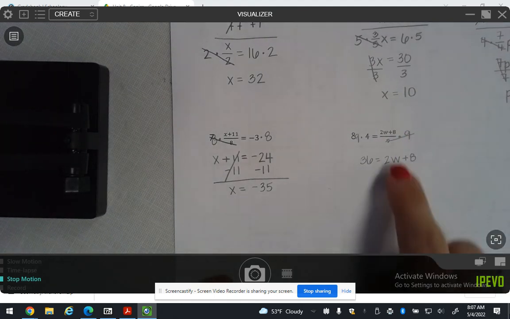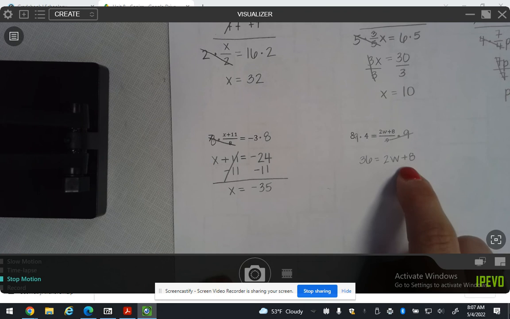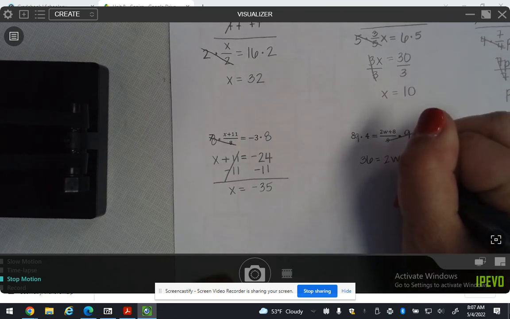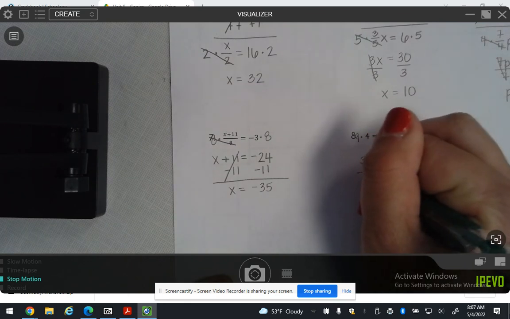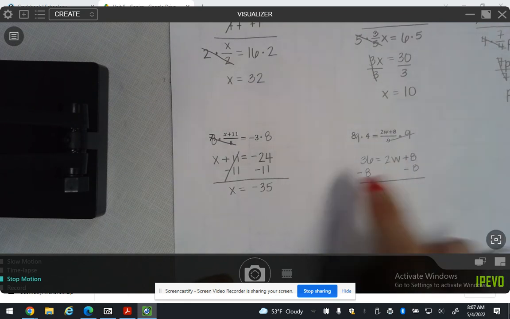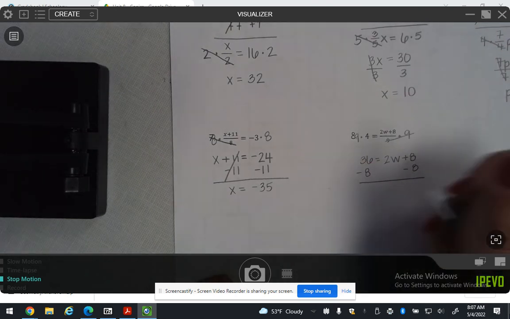Now, cover up the W. What's still on the same side as my finger? The 8. Is that 8 positive or negative? Positive, so I need to subtract 8. 36 minus 8 is what? 28